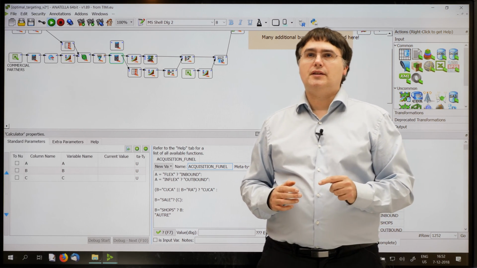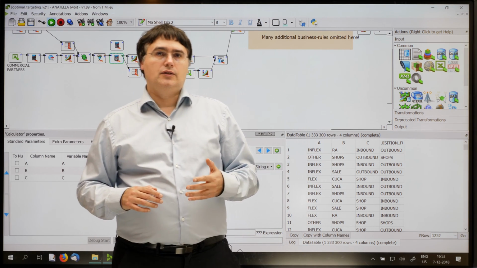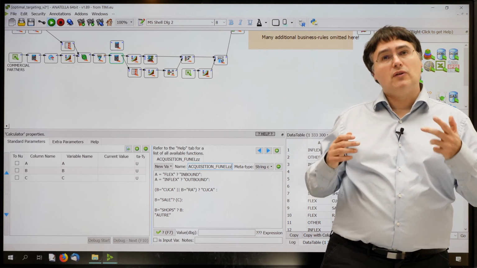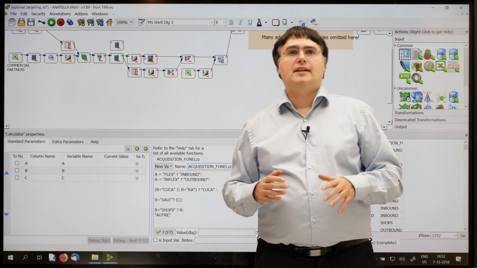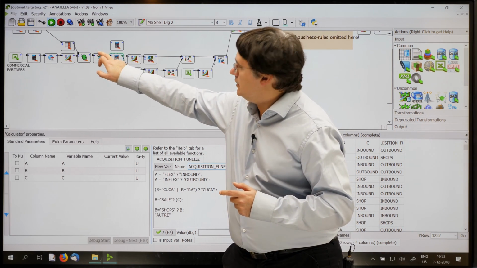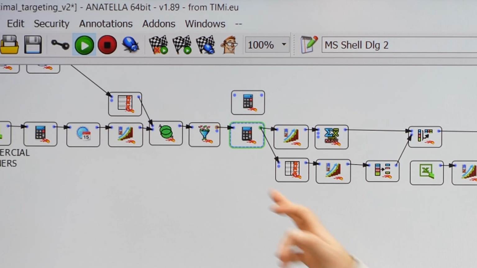Hopefully, when you are using Anatella, there is a trick that allows you to see instantaneously your output table. And this trick is very important to make you more efficient when fixing bugs. And this trick is actually quite simple. You just click here, just here, to see the table just before the box that you are debugging. This will create a cache that contains the output table at that precise point.